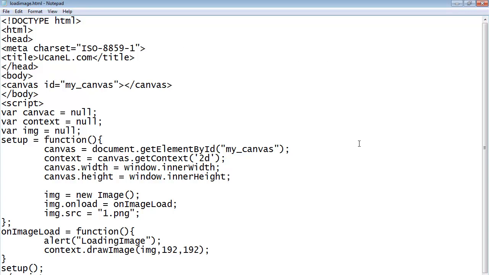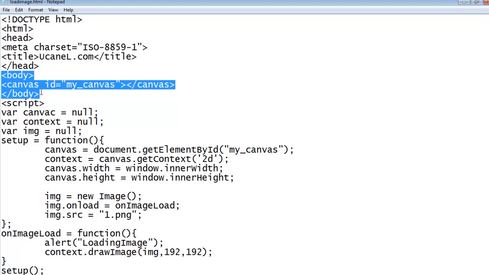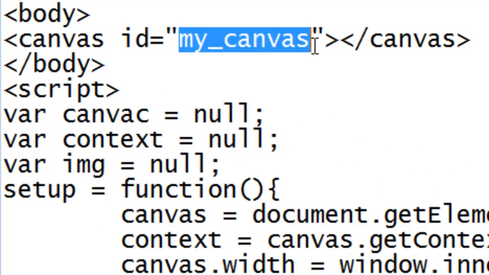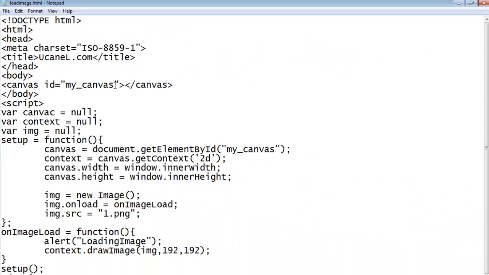For doing any animation, we need images. So first we need to draw an image, and for that we need a canvas. Canvas is like a document object model, a frame on our window screen on which we can draw and manipulate images. So first we need a canvas object. Inside the body tag of our HTML, I have written the canvas element with ID as myCanvas. The rest of the HTML page is normal.